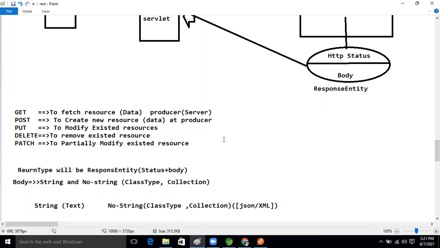These two tools I'm going to cover in the RESTful services only. Next one is Postman, which I already explained, guys. So these concepts I will cover in the RESTful services.